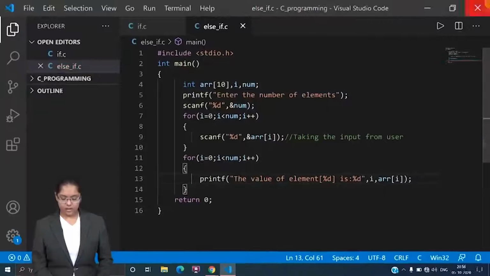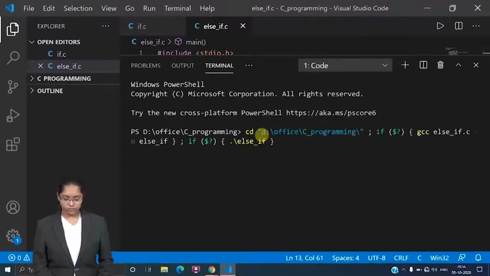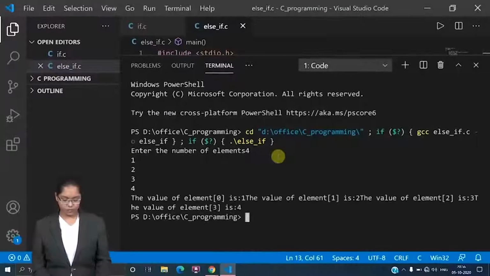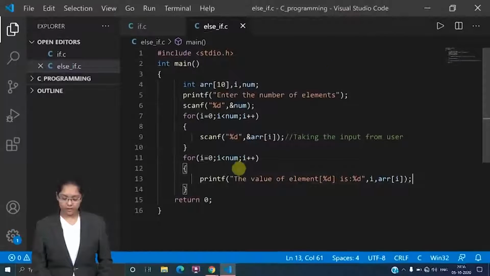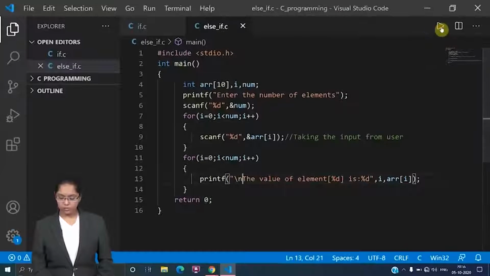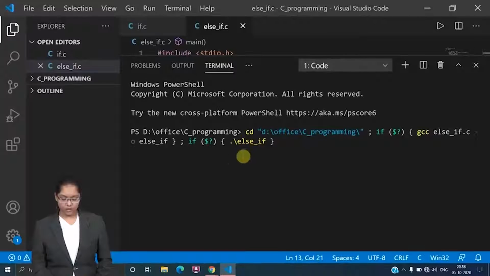Save this and let's see the output. Here, enter the number of elements, let's say 4. Okay, 1, 2, 3, 4. Again, let's add the new line format specifier, and now let us see the output.